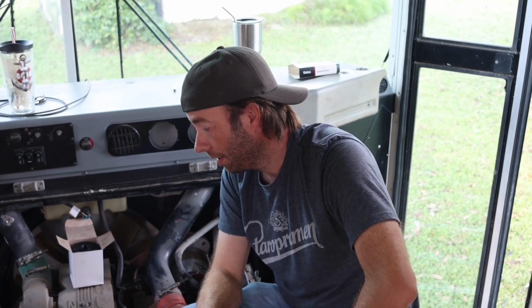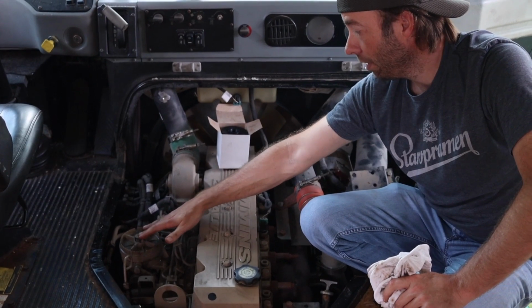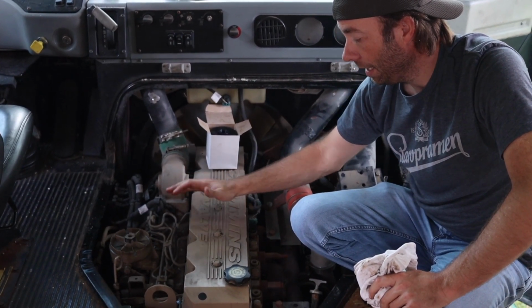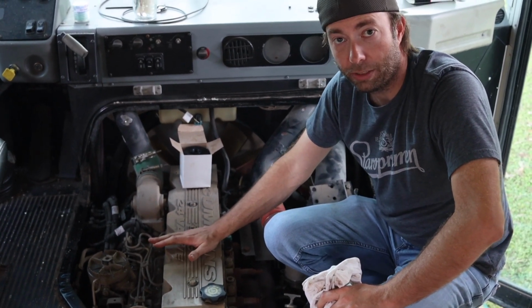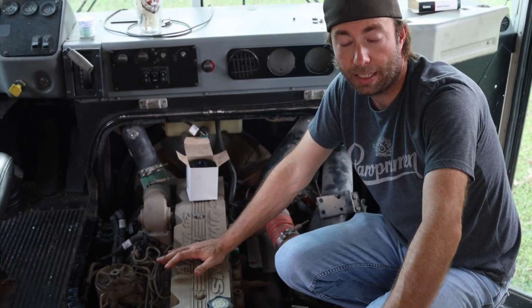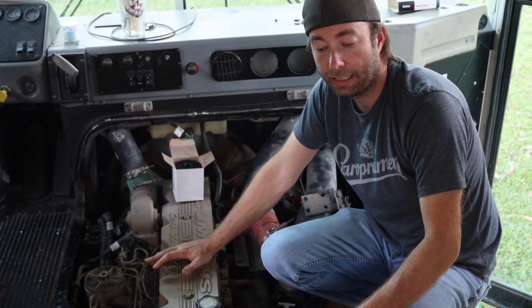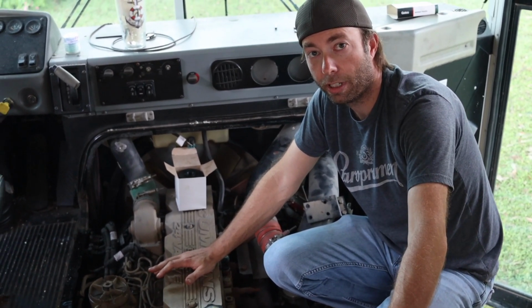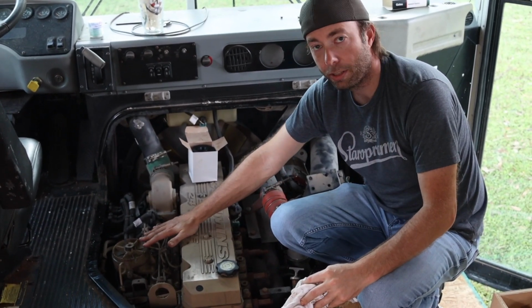Replacing your fuel filters on our bus, and probably most others, is actually a two-part process. You have your engine mounted fuel filter. This is the filter that feeds fuel right to your fuel pump and then to your injectors. So you want to make sure that stays clean. The second part we'll get to when we complete this is underneath the bus on the frame rail. There is a second fuel filter / water separator. What it does is remove any water contamination in your fuel, filter the fuel, and then send it up here to a much smaller